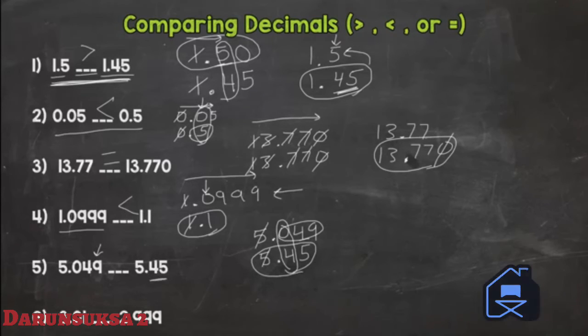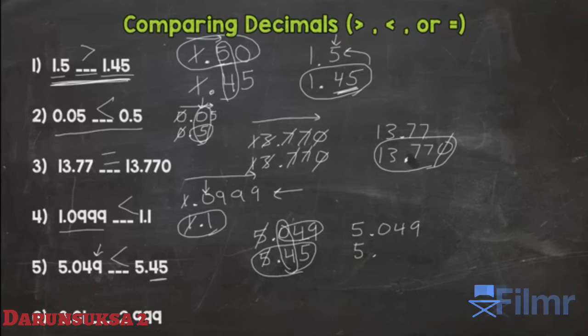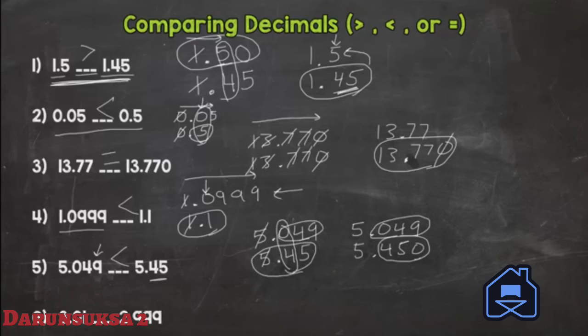This 45 is greater value because of that 4 in the tenths place. So you would read this one: 5 and 49 thousandths is less than 5 and 45 hundredths. And this is another one where we should have put a placeholder 0 here, and then we can see, oh, 49 thousandths, that's a lot less than 450 thousandths, right? So use those placeholder zeros. And then the last one,